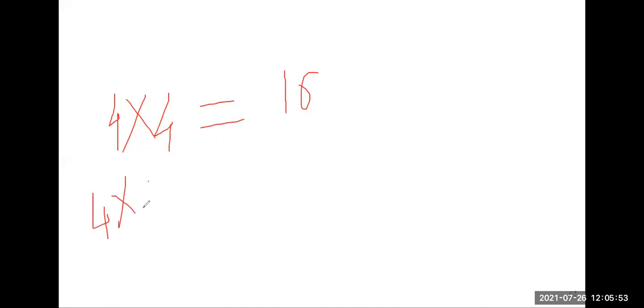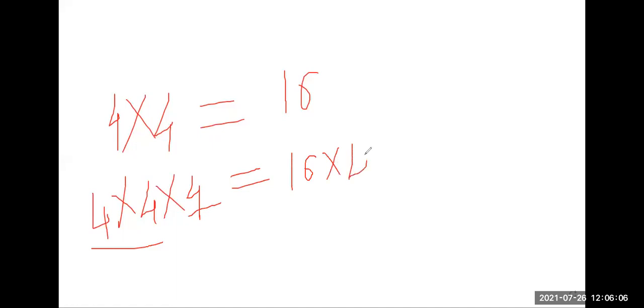What we are learning is square. Suppose we have to take the square of any number, then we multiply that number by itself twice. So 4 into 4 we get 16. But when we require the cube, we have to multiply the number by itself 3 times. 4 fours are 16, correct? Then multiply by 4. We get 16 into 4.